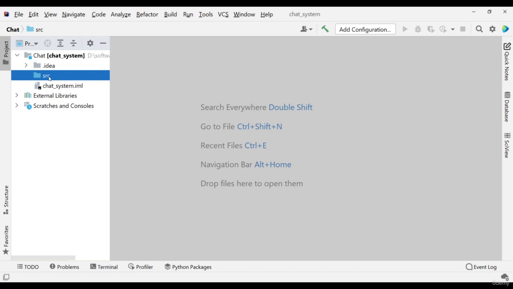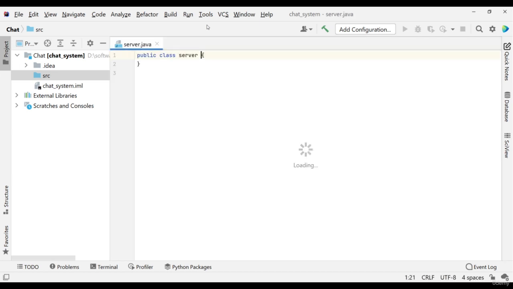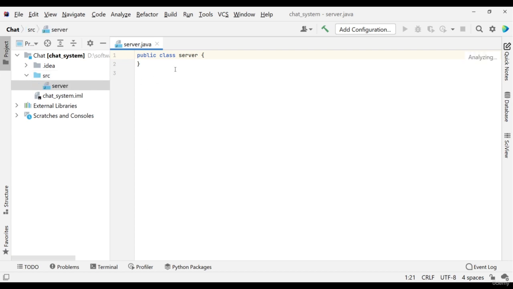I'm going to create three Java files here. Right click on SRC, go to New, and create a Java class. I'm naming it server. It will by default create some things here. As you can see, public class server is already created.